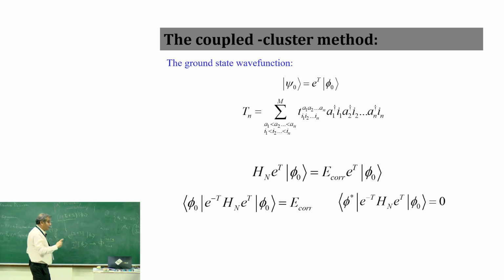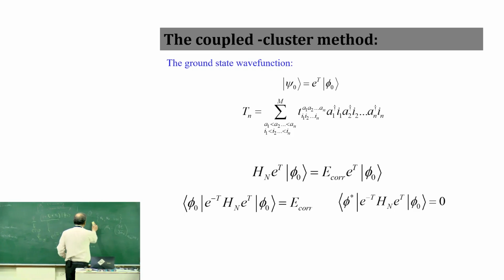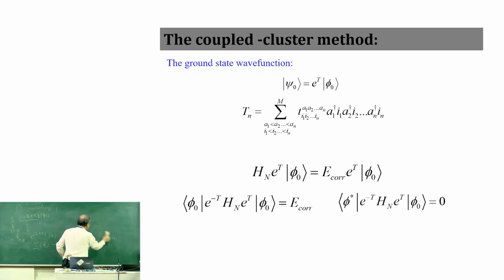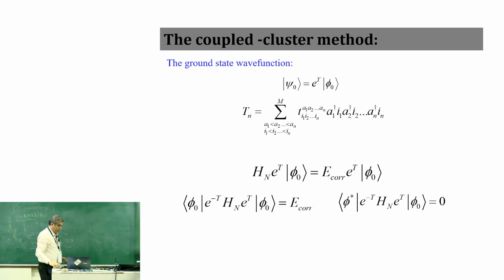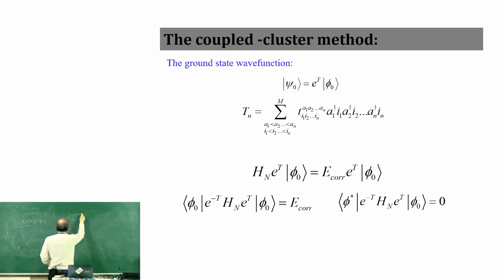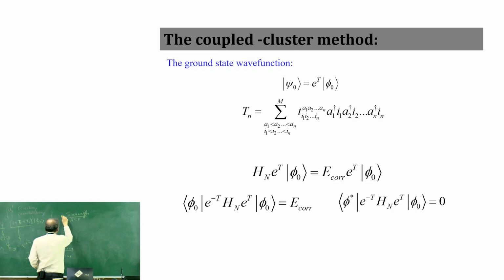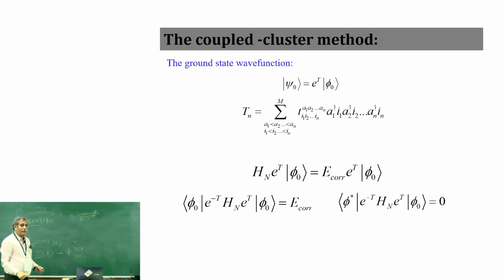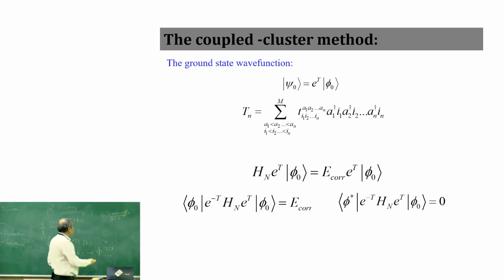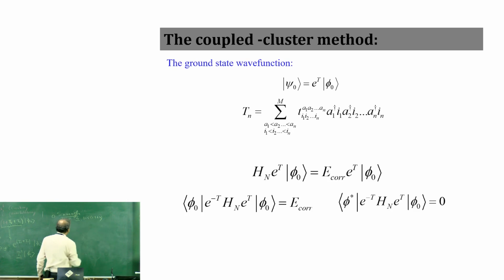But more importantly, and this is a very good work by Oktay Sinanoglu, those who are interested should read Sinanoglu's paper in 1964, I think, Advances in Chemical Physics. If I remember right, it's ACP. I hope many of you would. Sinanoglu did a lot of work. He's a Turkish scientist, very brilliant scientist, Dr. Sinanoglu. He wrote a paper, I think, in ACP volume 6, 315, if I remember, 1964.